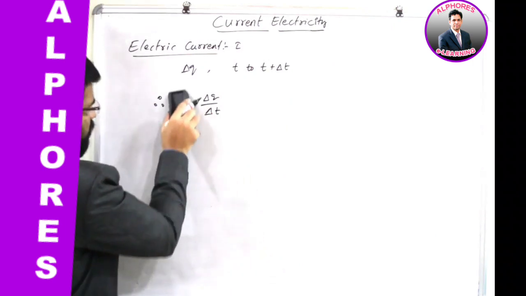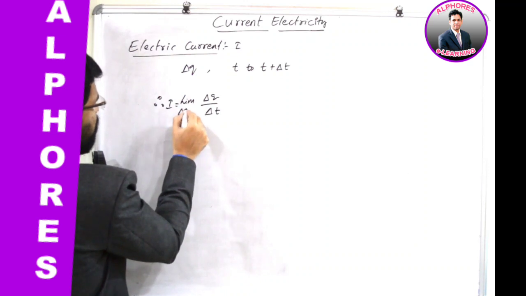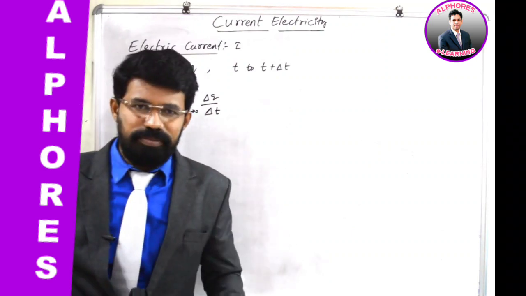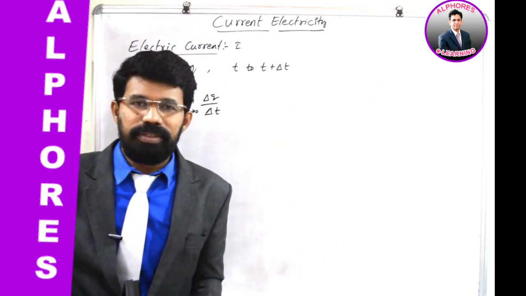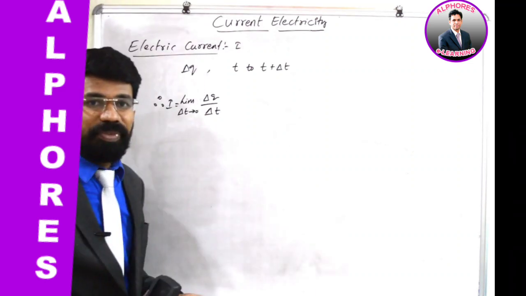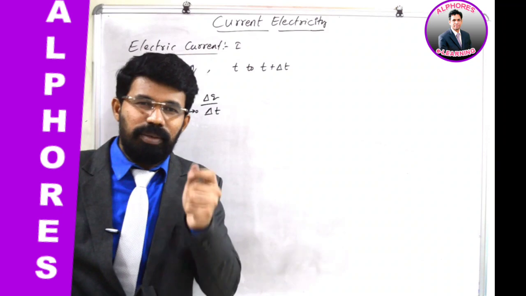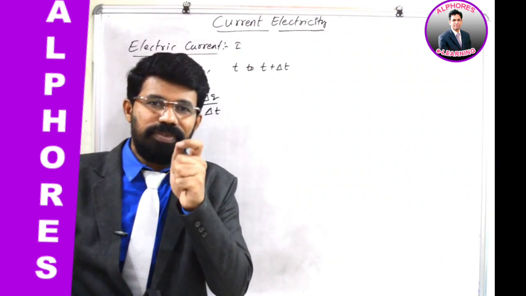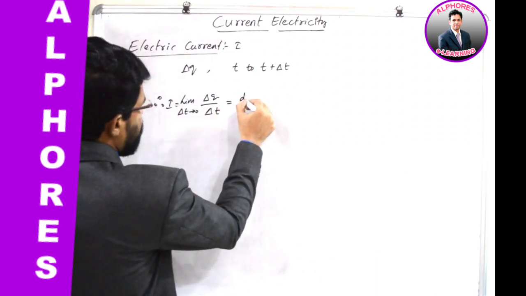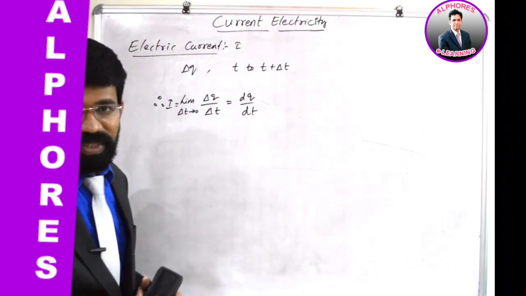In fact, it can be precisely modified like this also. I'll take a limit to this one, limit delta T tending to 0, because this delta Q may vary. If you consider a particular cross section in a conductor, the charge flowing through that cross section may vary with the time. But if delta T is tending to 0, the flow can be treated as a steady flow over a short interval of time, or at a particular instant. You can treat it as if the flow of charge is constant. So this expression will be written as dq by dt, and this is what we call instantaneous current.